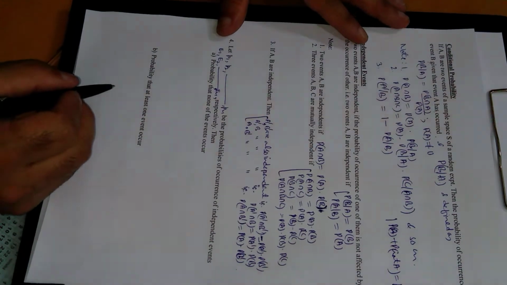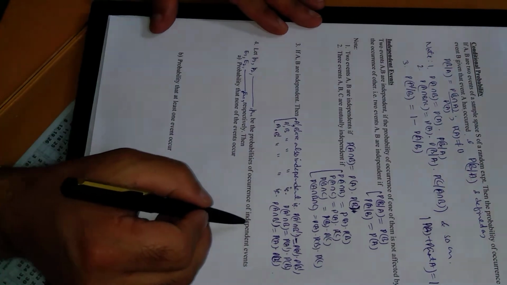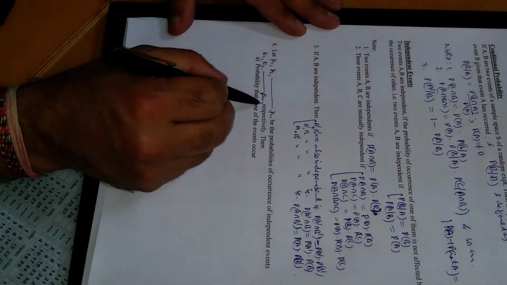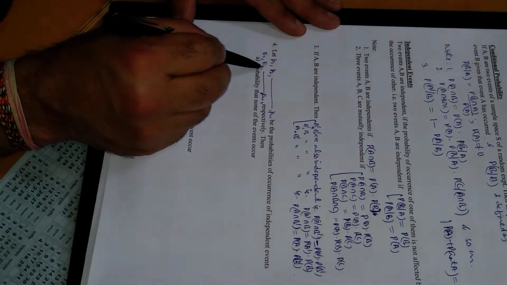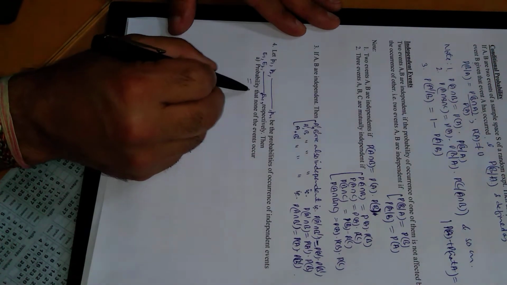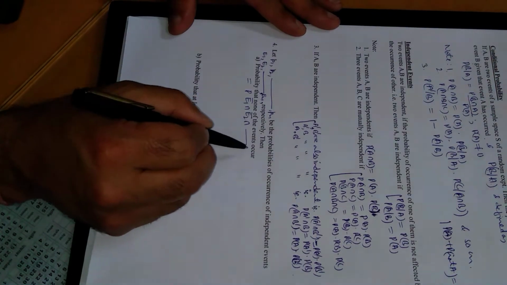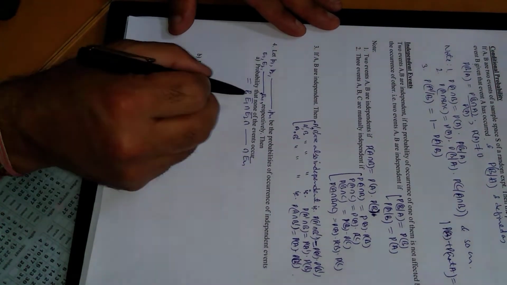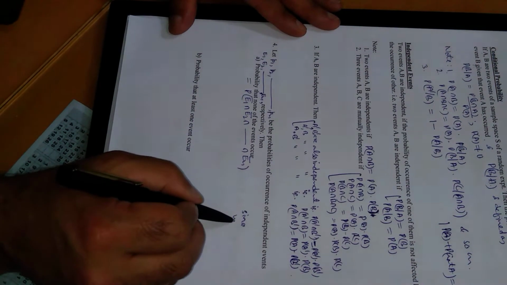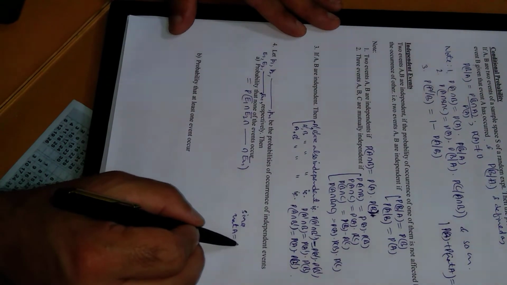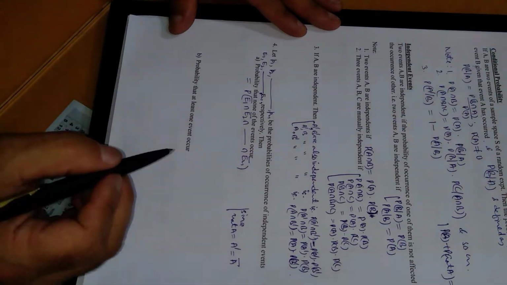All right. So next, number 4, let P1, P2, Pn be the probabilities of occurrence of events E1, E2, En respectively. Then the probability that none of the events occur. None of the events means neither E1 nor E2 nor En. This will be equal to P of not E1, not E2, intersection not En. Bar means not. Must remember, not A can also be written with a bar, and this is also not A. These are similar notations. All mean not.